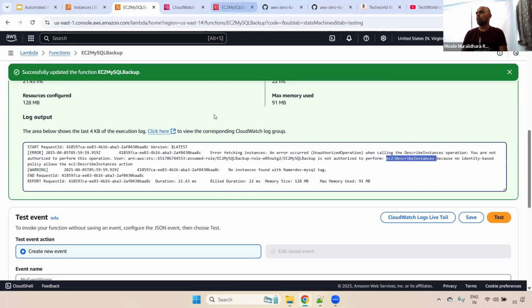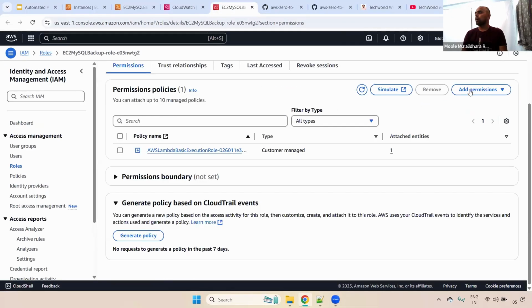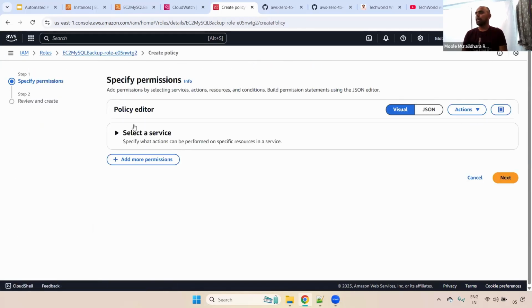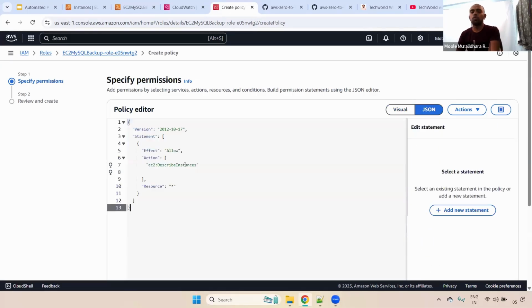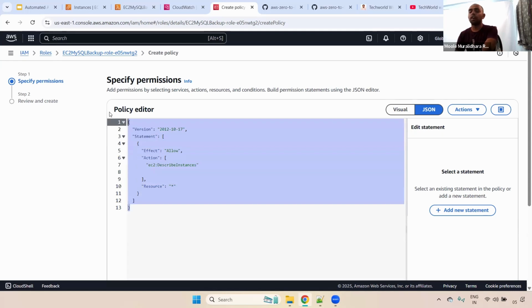Now you can go to the IAM role, and then here you can create the inline policy. Give it JSON, click that JSON, and then place it here. Here you may ask a question: Murli, instead of adding this policy, why can't we add